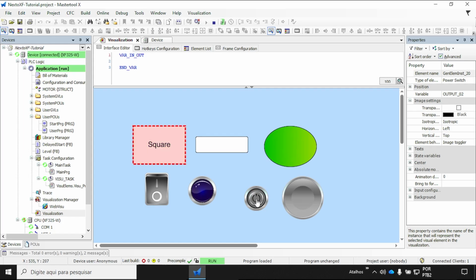This makes the image switch a very useful object for creating custom visual indicators, allowing you to represent equipment status, alarms, operating conditions, or any other process state using different images instead of simple colors or standard lamp objects. By combining image switches with the PLC variables, you can create much more intuitive and visually appealing operator interfaces in